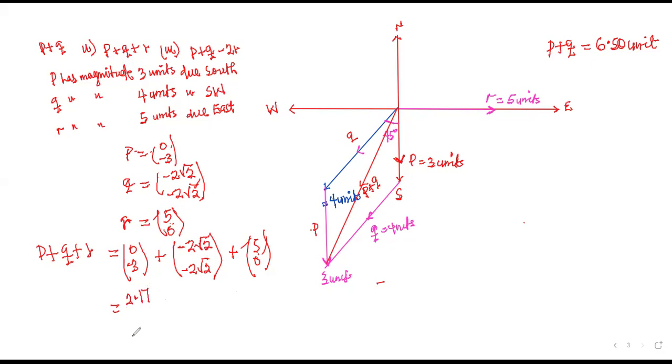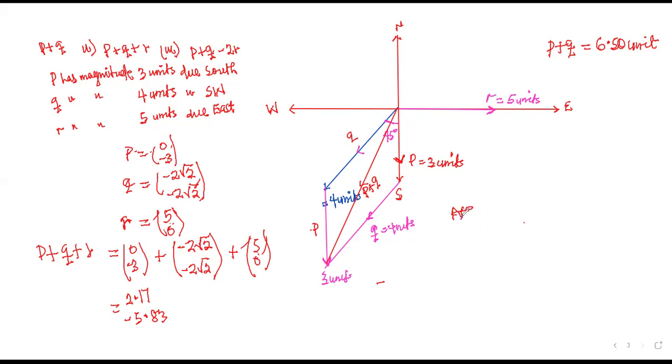Then -5.83. -5.83 will be the Y component because this is 0. Okay. Therefore,